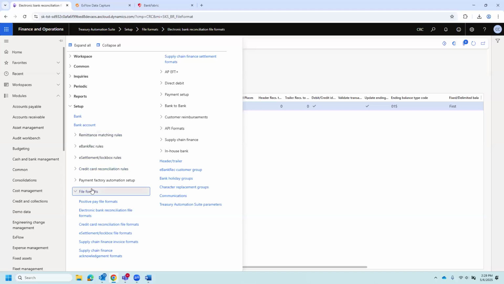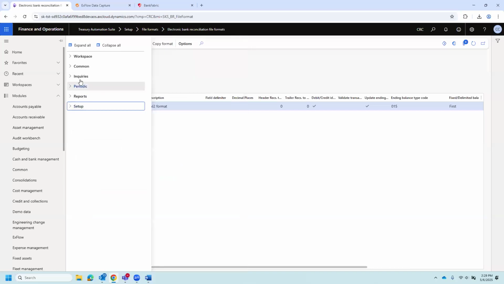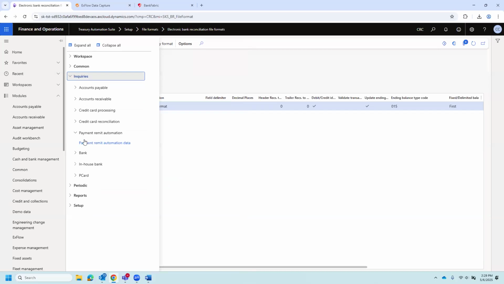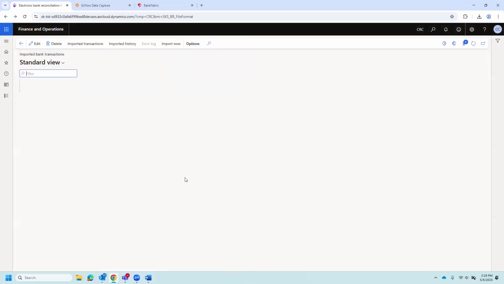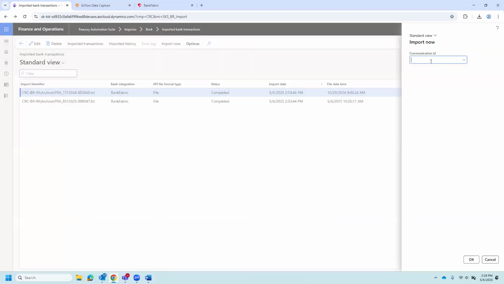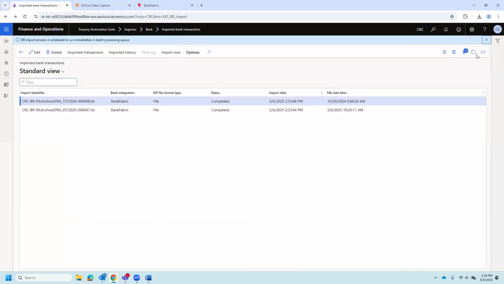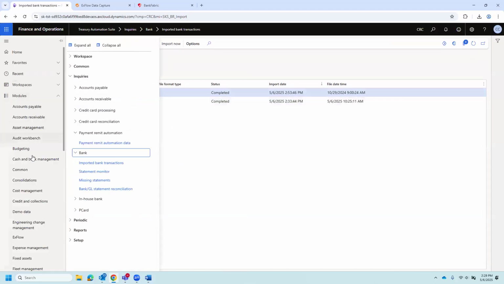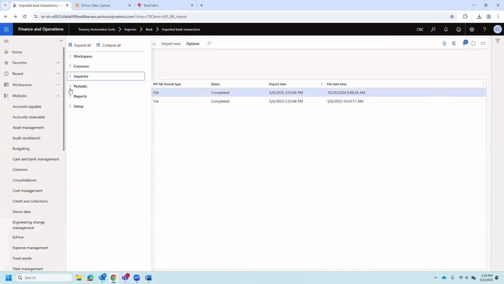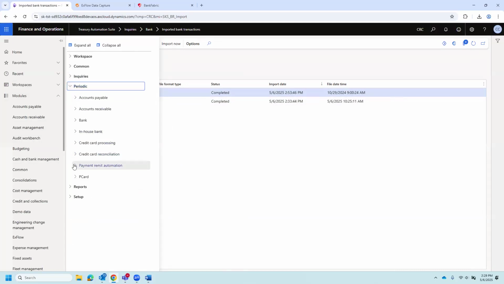All right. So I'm going to go ahead and import my statements. And so I'm going to do the bank reconciliation first. And then while that one is running here, we also have a new menu item under periodic, under payment remit